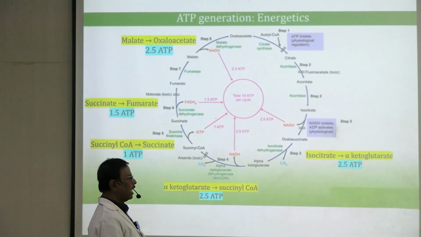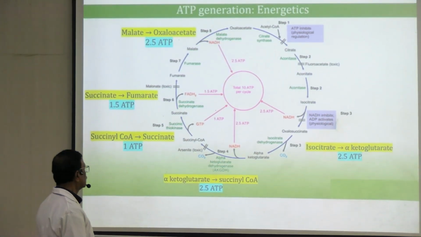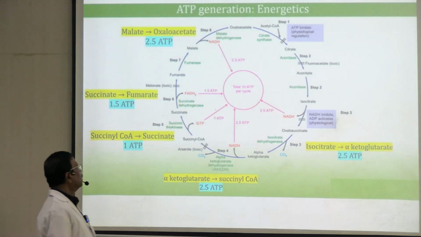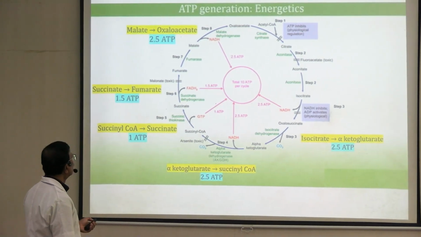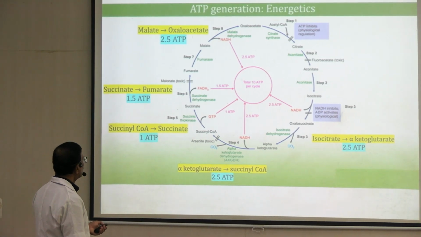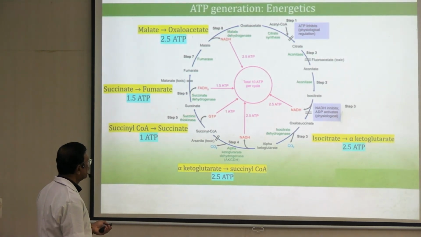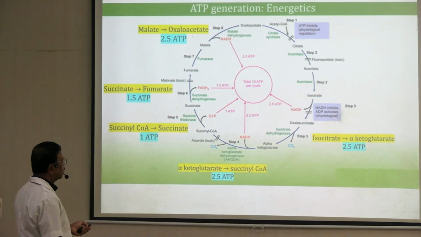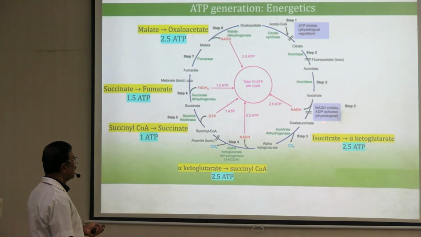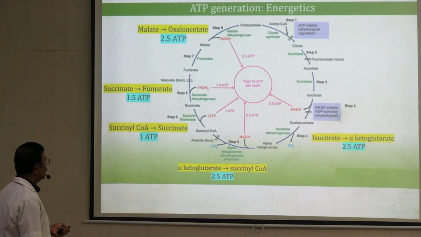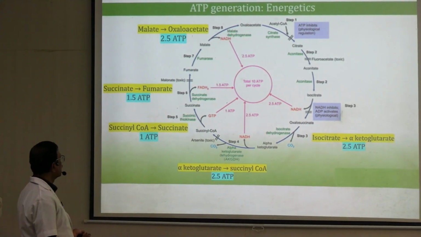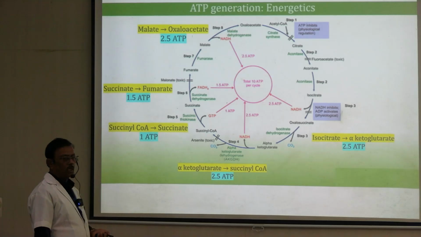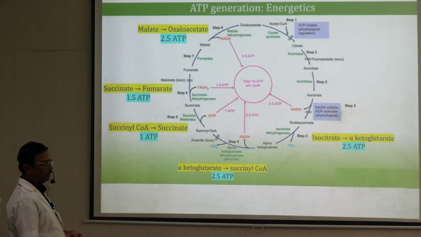Energetics: wherever there was N, there will be NADH production. So there will be 3. One NADH will be produced in the reaction catalyzed by isocitrate dehydrogenase. One will be produced in the reaction catalyzed by alpha-ketoglutarate dehydrogenase. Another will be produced in the reaction catalyzed by malate dehydrogenase. So 3 NADH are produced in the TCA cycle,